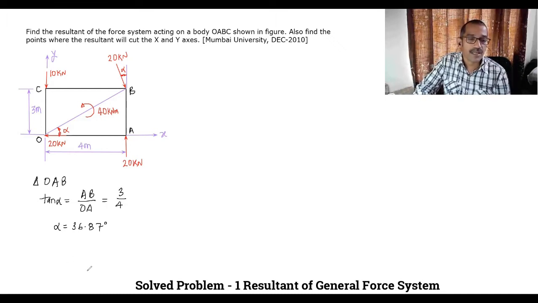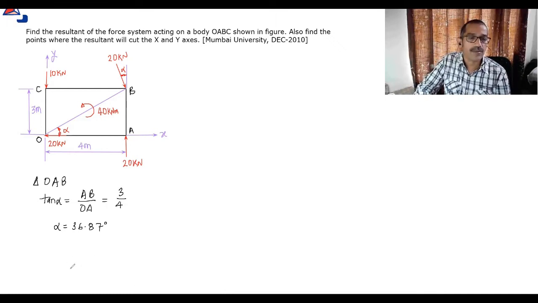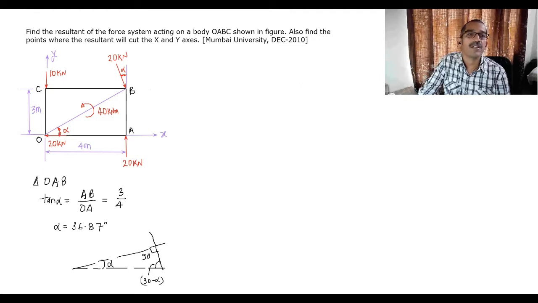Because we will get such a triangle a number of times, suppose this one is a horizontal line. Now if I draw a line inclined at any angle, say here I'll take angle alpha. Now if I draw a line which is perpendicular to it, 90 degrees, what about this angle? The addition is 180, so this is 90 degrees. That means this angle must be 90 minus alpha. 90 minus alpha is with horizontal.